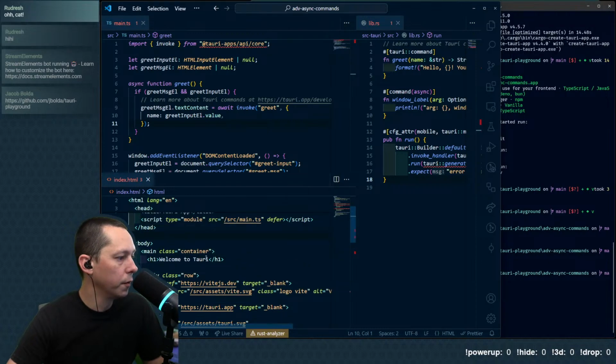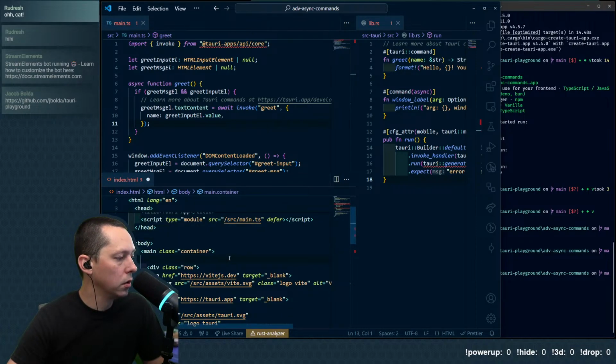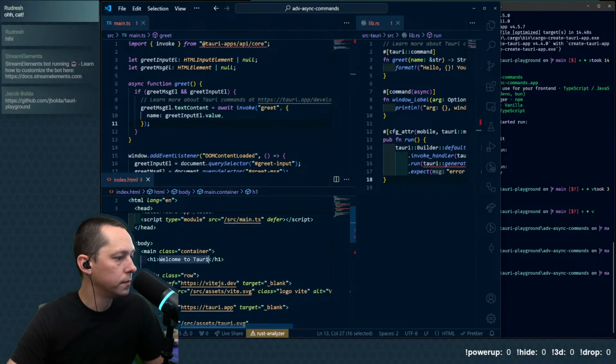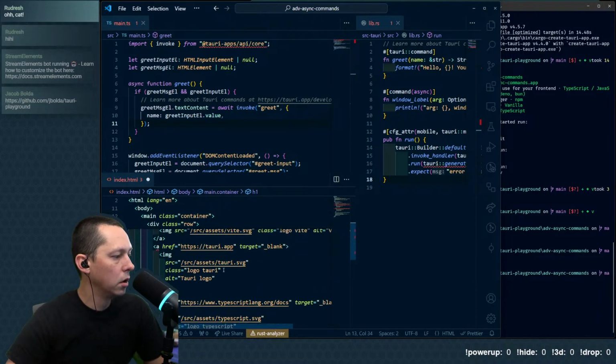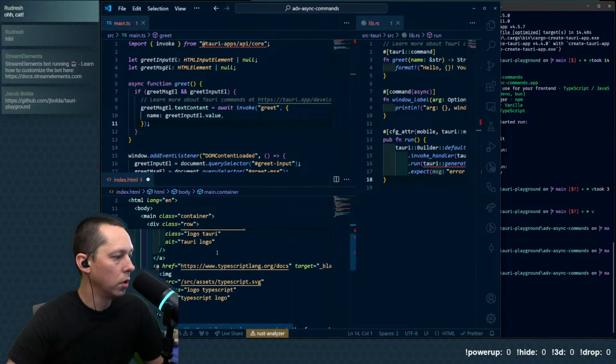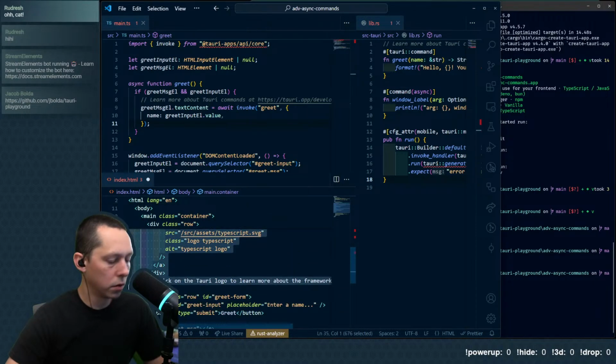Style sheet, we probably want a style sheet. We'll say advanced async commands. And then this row can go away because we don't care about the logos.